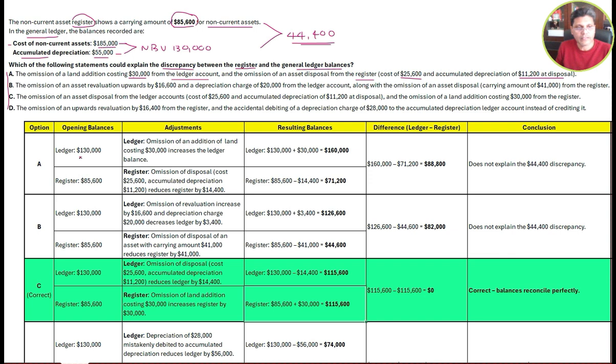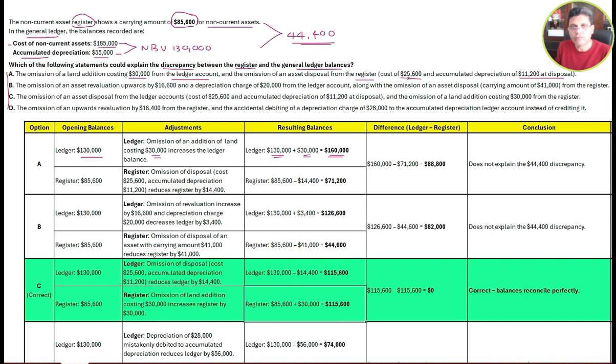Okay, so if you look at the ledger balance, this 30,000 is omitted from the ledger. So in order to correct this, you need to add back this 30,000. So as a result of that, the balance of 130,000 will increase by a further 30,000. The total balance will be 160,000. On the other hand, if you look at the omission of the asset disposal from the register,